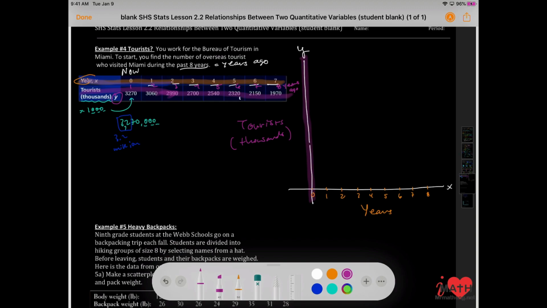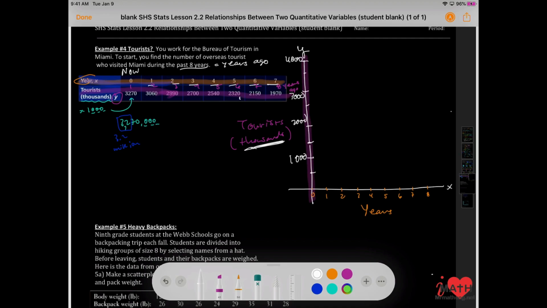You can use a really broad one if you want. Maybe do like 1,000, 2,000, 3,000, 4,000. And it's okay if you put extra tick marks in there. You don't have to label it all. It'll get kind of crazy, but